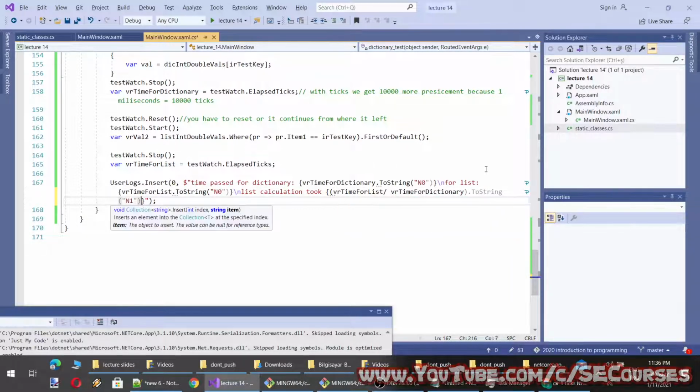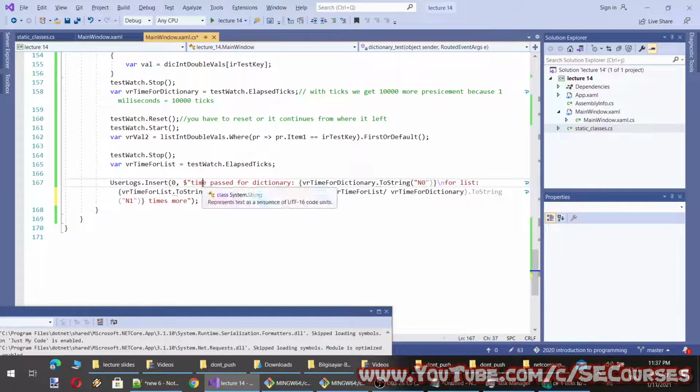Also, let's convert them to ticks and also milliseconds.